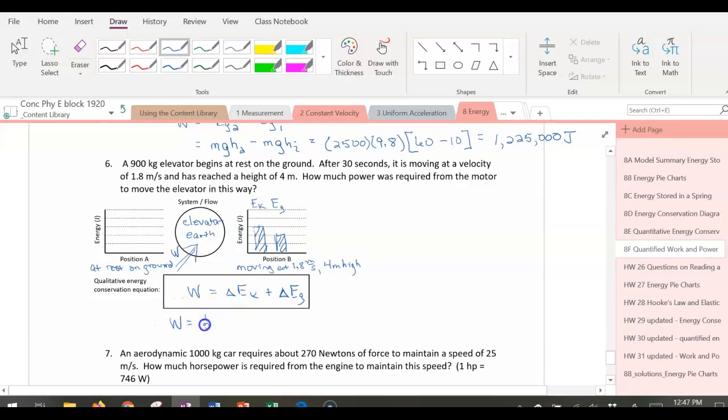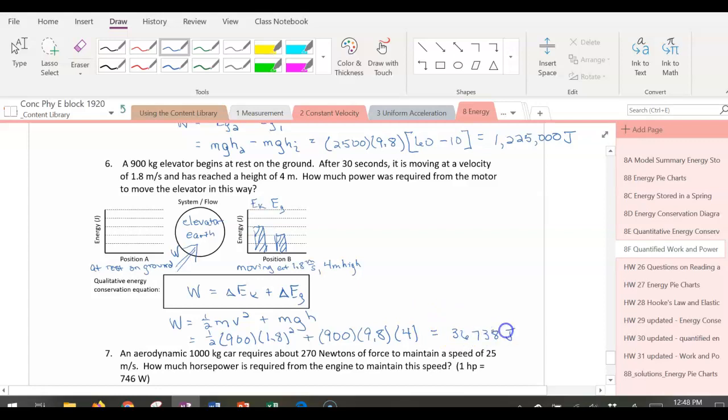So the work would be 1/2 the mass of the elevator times its velocity squared plus the mass times g times the height. The mass is 900. It was moving at 1.8 meters per second at position B, and it's at a height of 4 meters. So I can solve for the work here, and I get that the work is